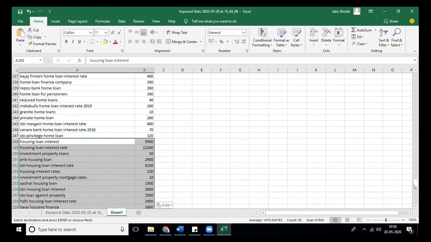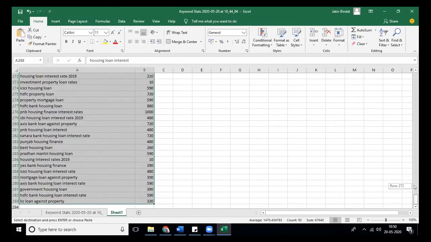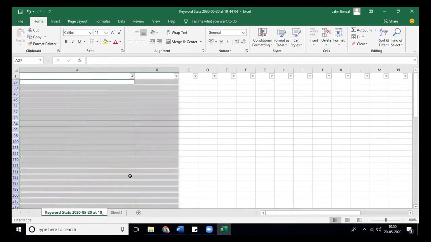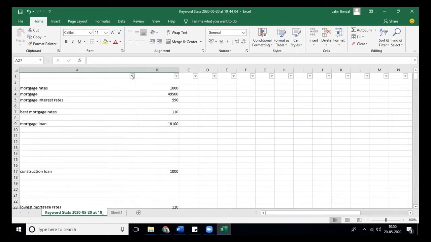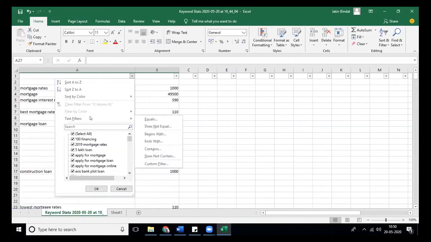Okay, so we copied. Now another 30, 50 keywords we added. We remove that and then remove the text filter also. Okay, again set some filter for blank.